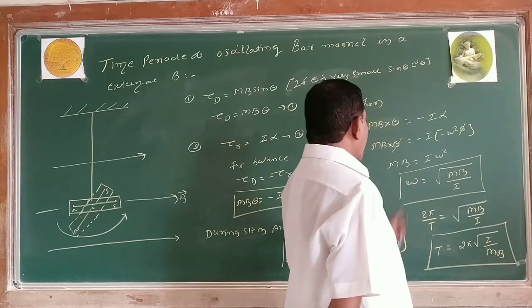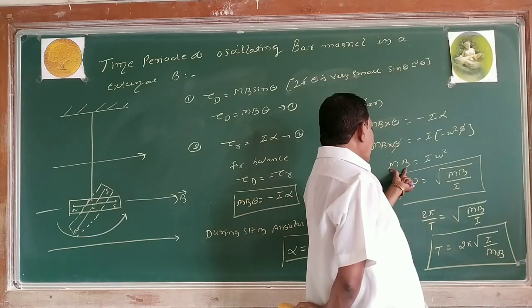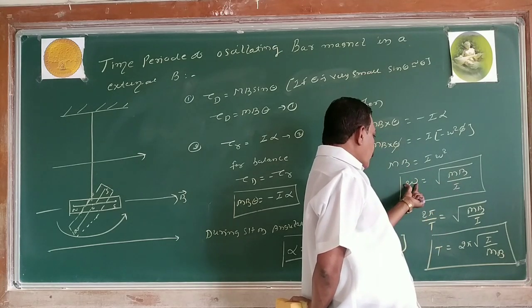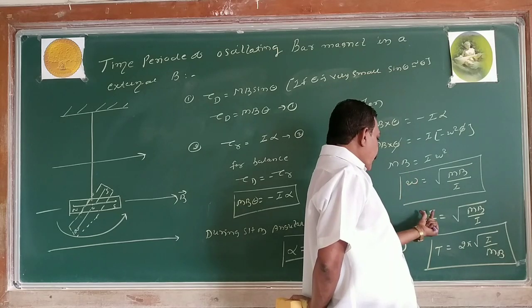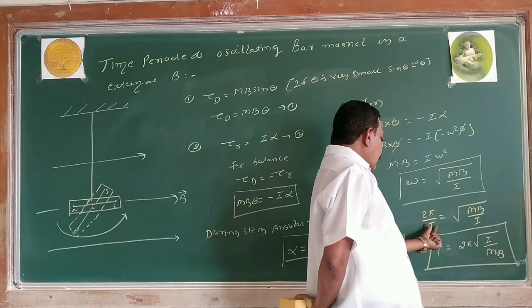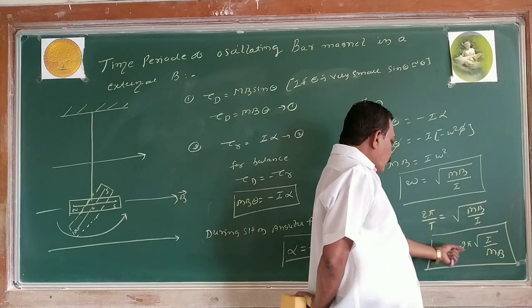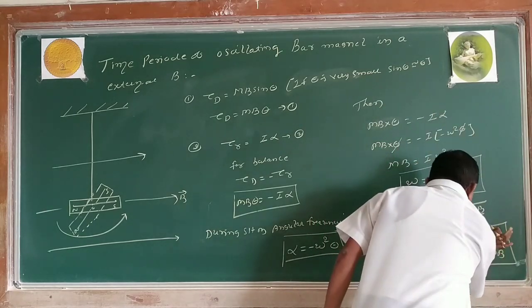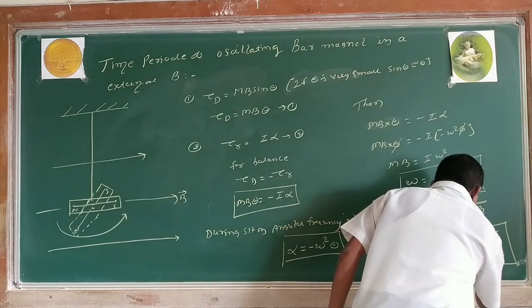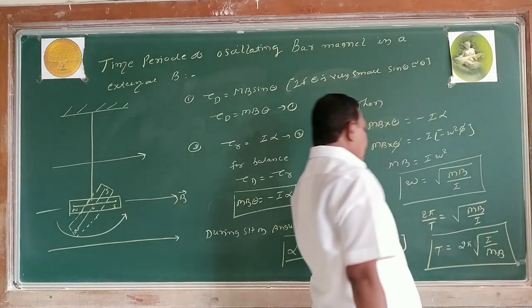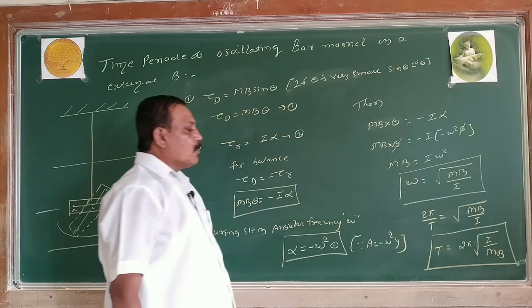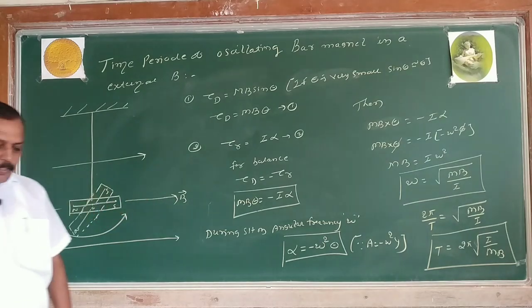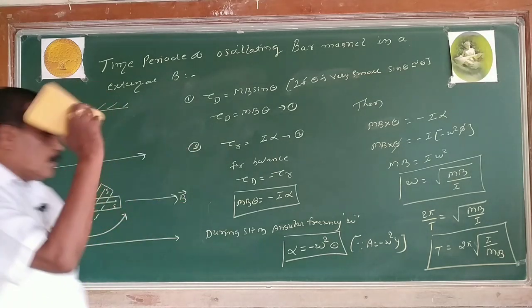So I omega square equals mB, then omega equals under root of mB by I. Omega equals theta by t. For one complete rotation, the angle described is 2 pi, time period T, so omega equals 2 pi by T, then T equals 2 pi under root of I by mB. This gives the time period of an oscillating bar magnet. If you want the frequency, then f equals 1 by 2 pi under root of mB by I. The reciprocal of the time period gives frequency. Now this is the time period.